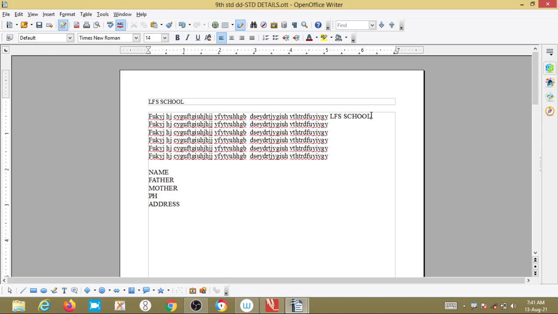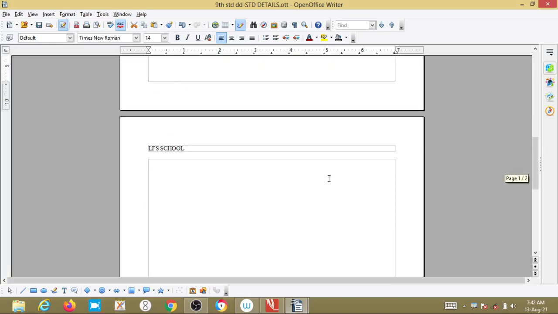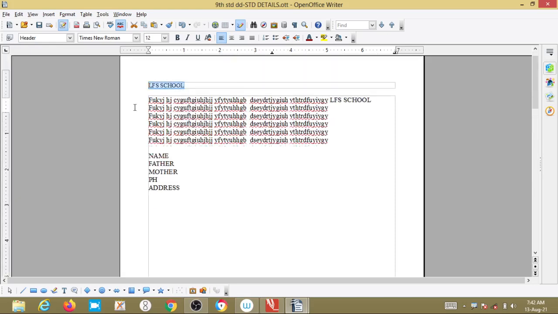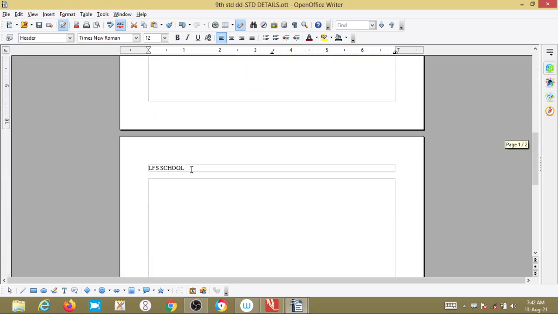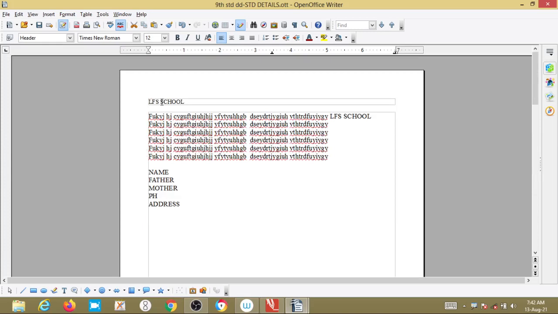Whatever I have written inside the page, instead of the header and footer, will be limited to only this particular page. Here I am not getting it, right? But whatever I have written in this header, I will get for every page. See here, here also it has come, right? LFS school, that is the usage of header.